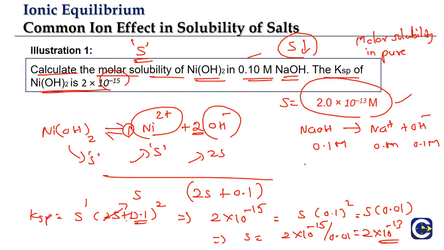Clear? So what we are doing in this question is simply taking the OH minus ion concentration coming from the NaOH dissociation and adding it to the OH minus concentration coming from the nickel hydroxide dissolution, so that this is the overall concentration. And in that we are doing a simplification. Why are we able to do the simplification? Because the Ksp value is in the 10 power minus 15 range, whereas the OH minus coming from the NaOH is 0.1. So we can neglect the 2S value in comparison to 0.1. Thereby we get the approximate value of S in this case. So this is how we have the common ion effect problems